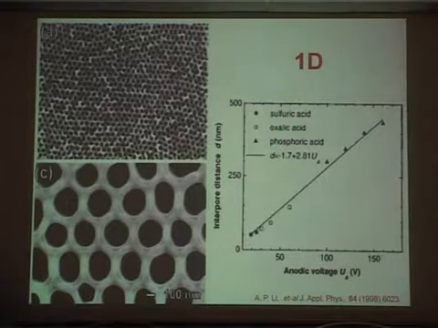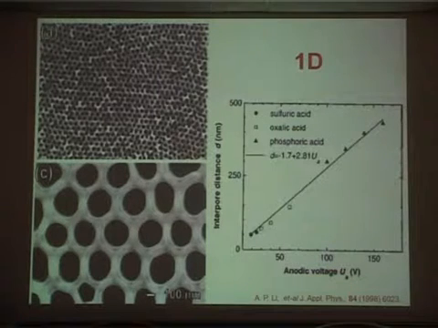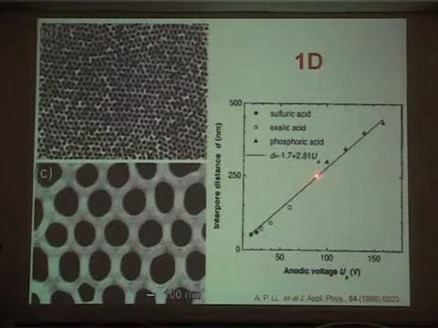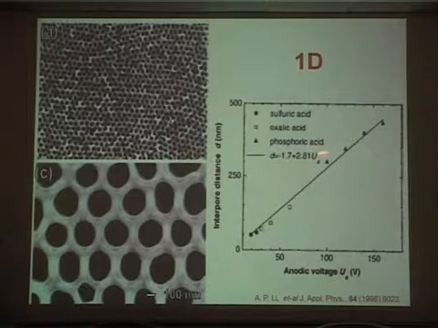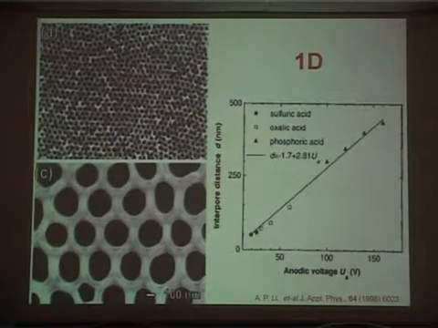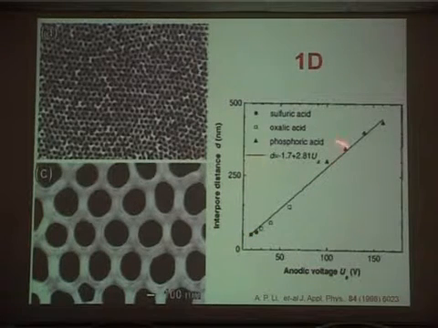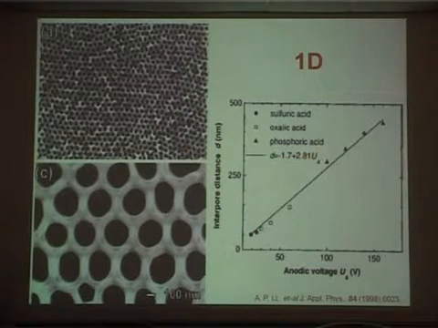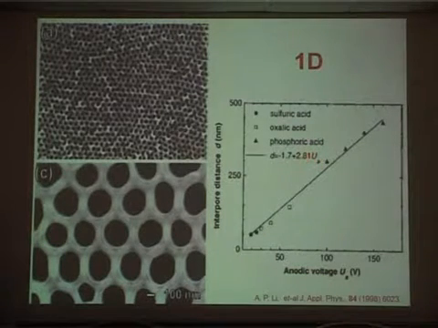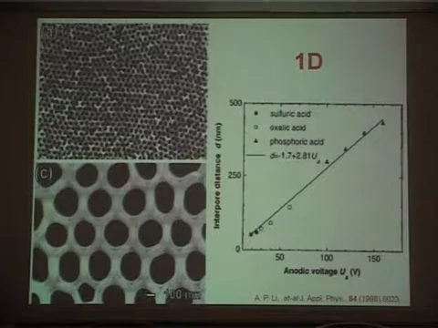Let us see. I have taken one set of experiments from the literature. What these people have done is grow a titanium thin film on a silicon substrate. They have done the electrolysis experiment, and if they change the anodic voltage, they get different pores. They have plotted the anodic voltage versus the interpore separation, and they form a straight line which is given by d equal to some constant plus 2.81 UA, where the governing factor is UA, which is experimentally controlled. This is for 1D or nanopore.